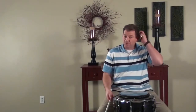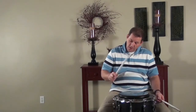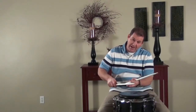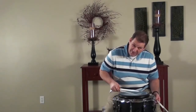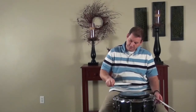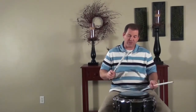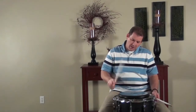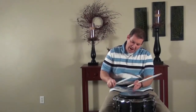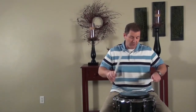To play a faster double stroke, we have to really refer back to the rebound stroke even more. We throw the stick into the head, we let the drum throw it up, and then we throw it back down for the second note very quickly. Now, the other thing that we've got to start doing is not stopping the stick at the bottom. So let me demonstrate this again. As soon as you finish that double, down, down, up, the stick's got to keep moving. Because when I play both hands together,